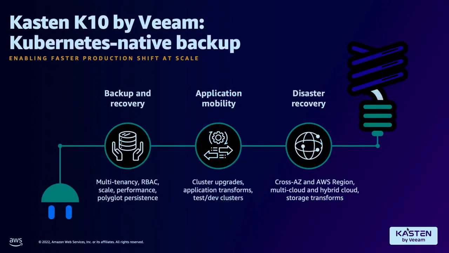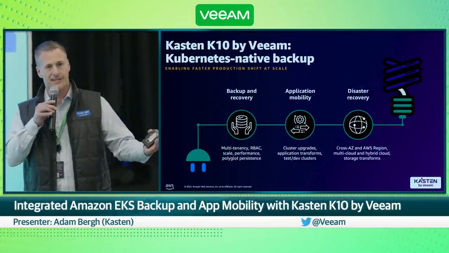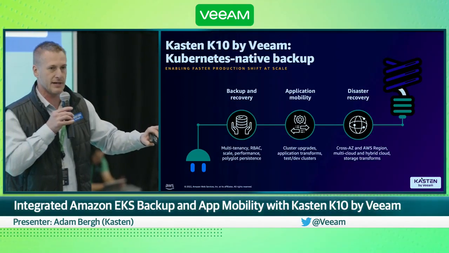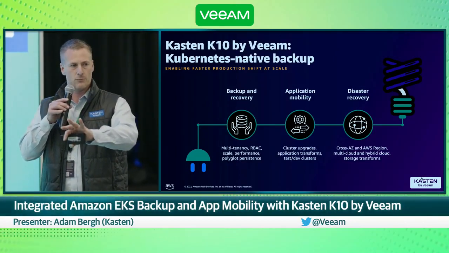So just to cut to the chase, if you've never heard of Kasten by Veeam, we do three things really, really well for your Kubernetes environments. Number one, of course, we're all about data protection here at Veeam and here at Kasten. We're the best tool out there for protecting your applications deployed on top of Kubernetes, whether that's Amazon EKS in a completely integrated way, or other Kubernetes distributions that you might deploy on top of AWS infrastructure like Red Hat OpenShift, or potentially something like a Rancher distribution, like RKE2, on top of Amazon infrastructure. What's really great about Kasten is we're protecting your apps no matter what Kubernetes environment they're living in, in a completely integrated way with Amazon.